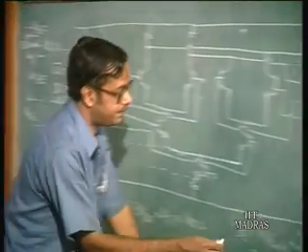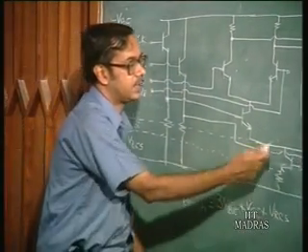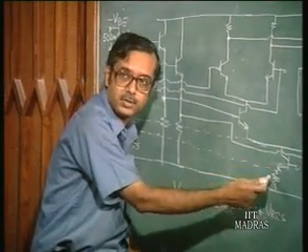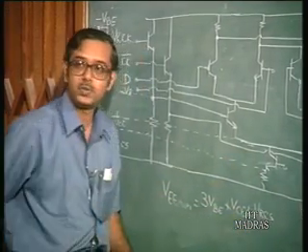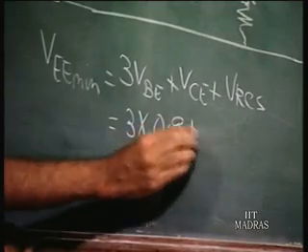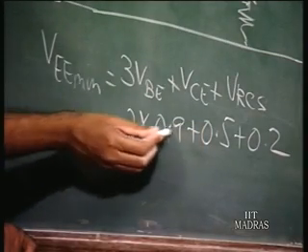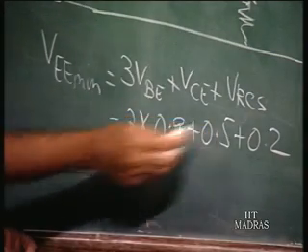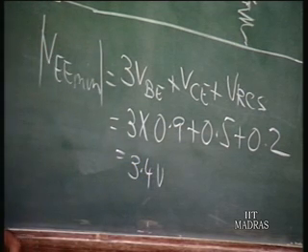Okay. So, say VBE is 0.9 volts, and VCE, the collector emitter drop of this transistor, suppose we assume it is 0.5 volts, and VRCS is 0.2 volts, say, then we have 3 into 0.9 plus 0.5 plus 0.2. So, which means how much? 2.7, 3.2, 3.4 volts. So, this is actually the modulus of that. So, VEE we can have is minus 3.4 volts, okay,